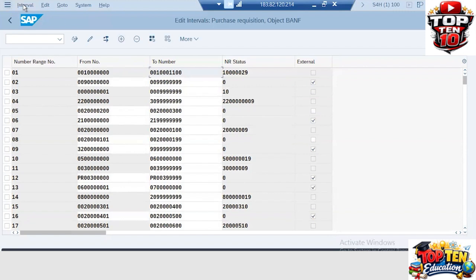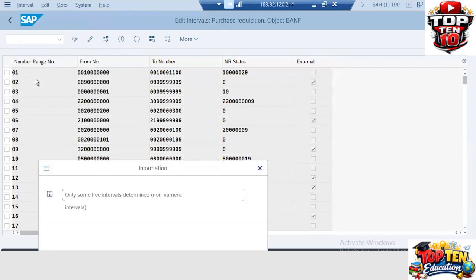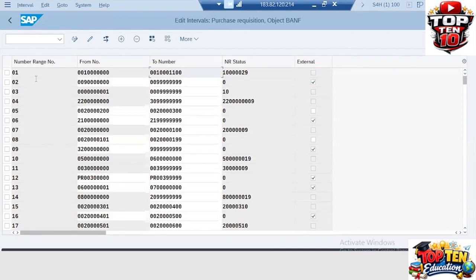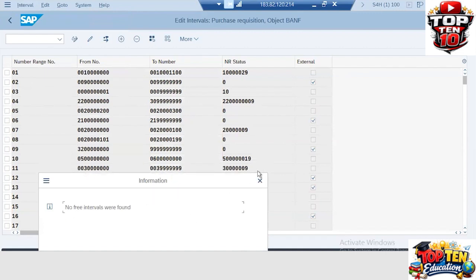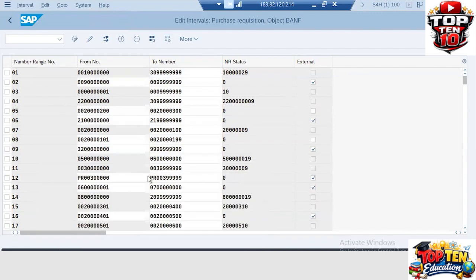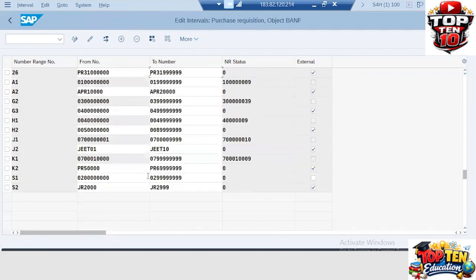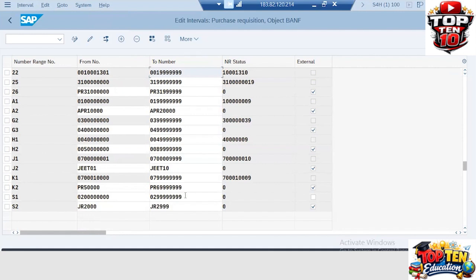Yes. So do one thing, go to intervals, enter. No free intervals found. One more time, go to intervals, enter. No free intervals are found. So what to do? Go downside. Now look at the contents of the number range. This one. Delete that number range. You know why? Because no numbers have been utilized. If no numbers have been utilized,